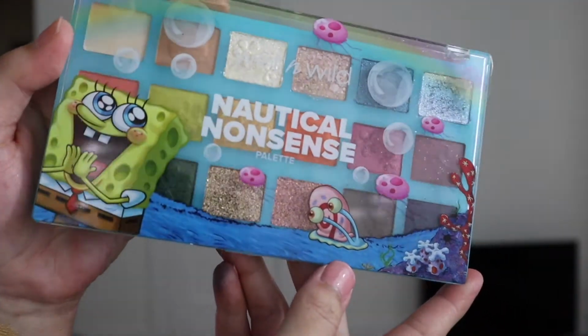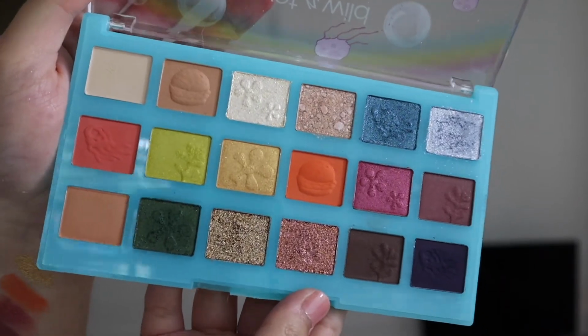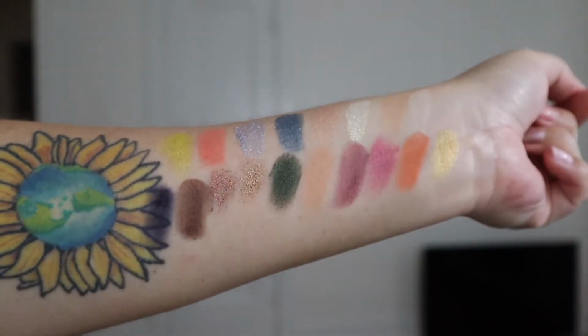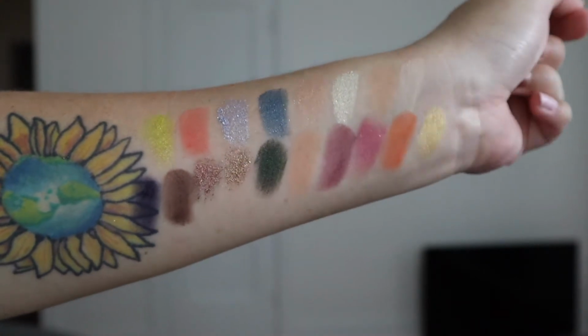I have only used this one time, and I have to say, I really am glad that I have it. I really do enjoy the packaging. I'm including close-ups separately, but I wanted to show you anyways. I think it's so beautiful, and I know people were talking about how this is pretty expensive in comparison to other Wet n Wild eyeshadows, but honestly, they went all out with the packaging. There's even like embossments in these shadows,